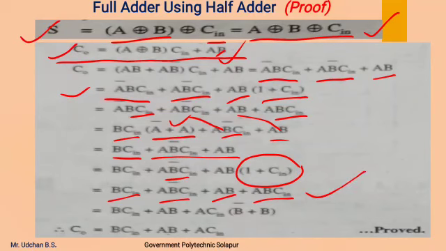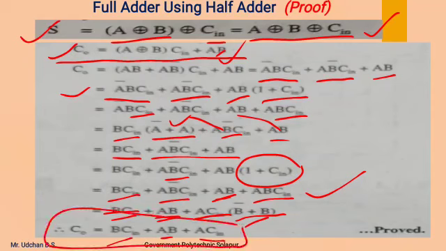Now in this, A C in from this term and A C in from this term are taken common. So B C in is written as it is, and AB is written as it is. Now A C in is taken common, and inside the bracket B plus B bar remains. Now we know B plus B bar gives you 1. So this B C in is written as it is, AB is written as it is. Now A C in into this 1 gives you A C in. This is how we get the final carry output equation of a full adder using two half adders.